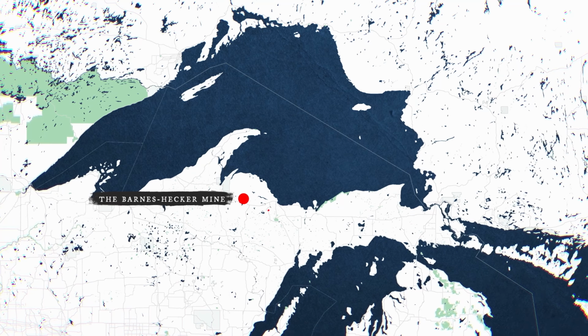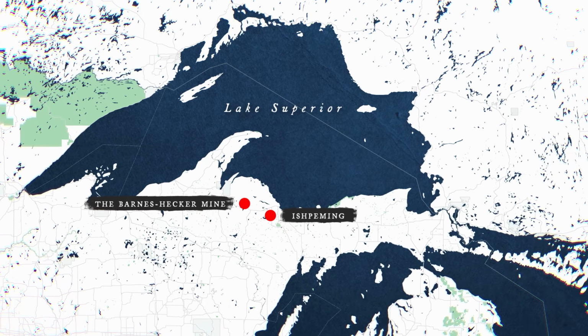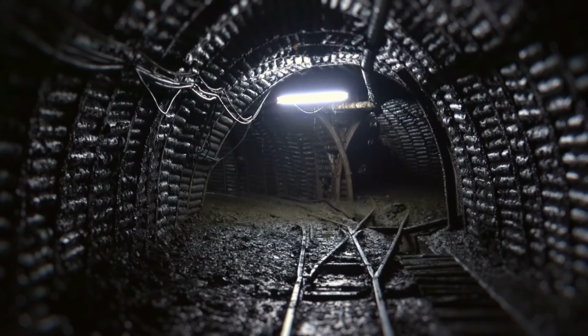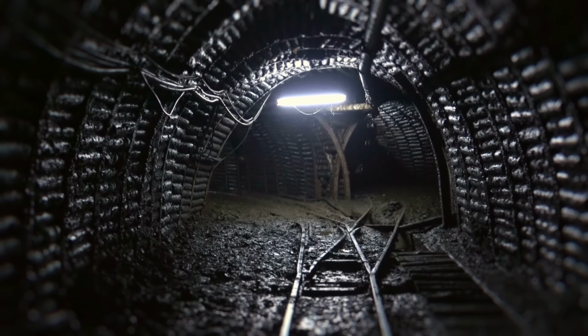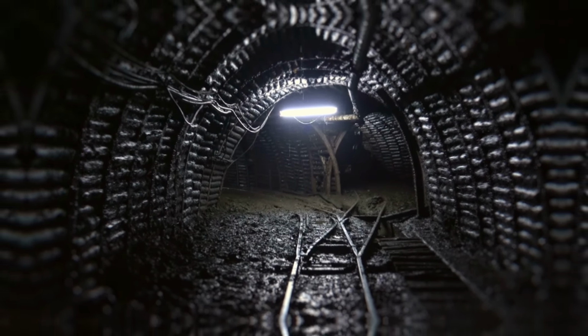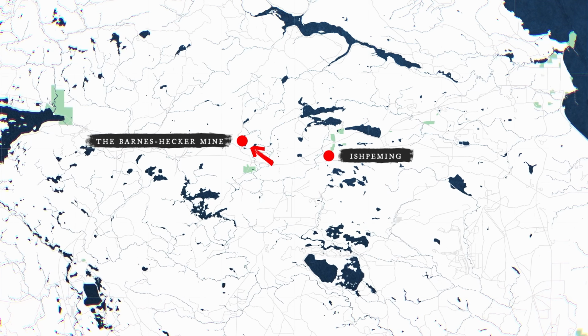And the area around the town of Ishpeming, which is just south of Lake Superior, is no exception. There are dozens of small lakes in the area and even a few inside the town itself. But then even more notably than the lakes is what's in the earth beneath them. This is an area rich in iron and other minerals and resources. And so just on the outskirts of the town, about 5 miles to the west, was the Barnes-Hecker iron mine,